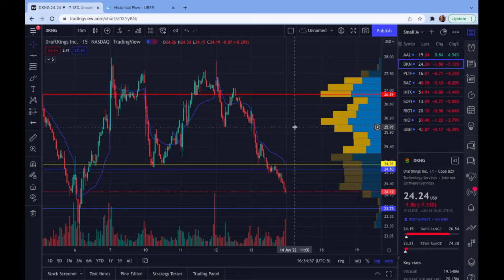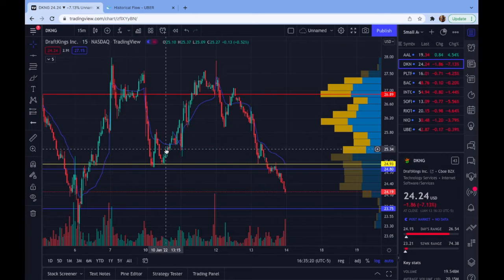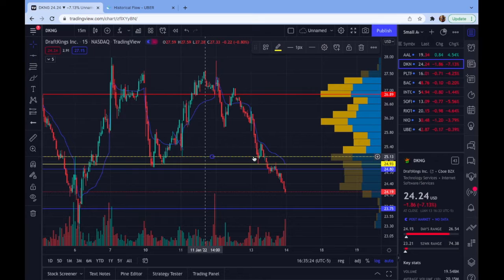Remember, it's also a Friday, so we want to get in and out of these contracts a little bit faster because we do not have time on our side. So therefore, they are going to decay faster and ultimately can turn a green position red, a red position green, all that good stuff. The second line I notice here is this 25.14 level. What's the low on this? 25.13. So 25.13, I like that a lot for my second